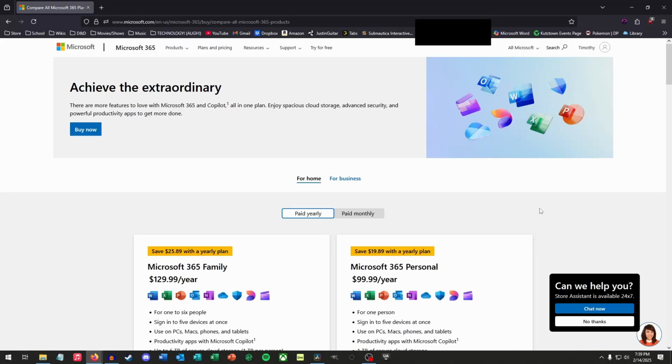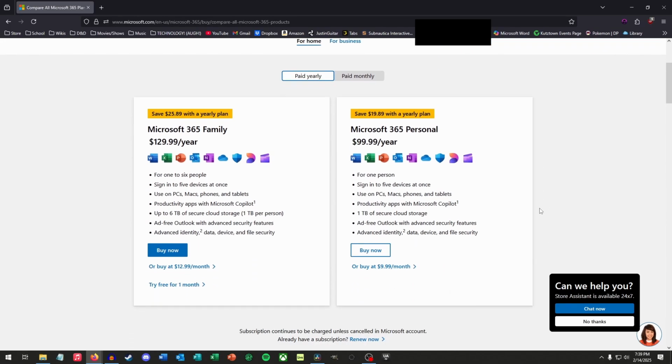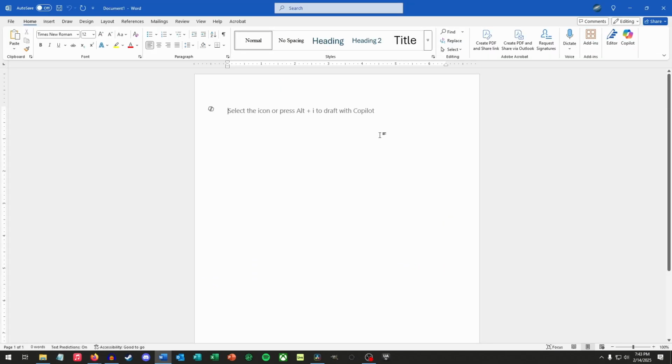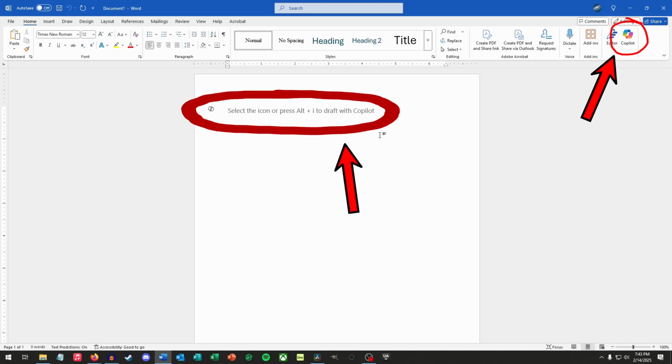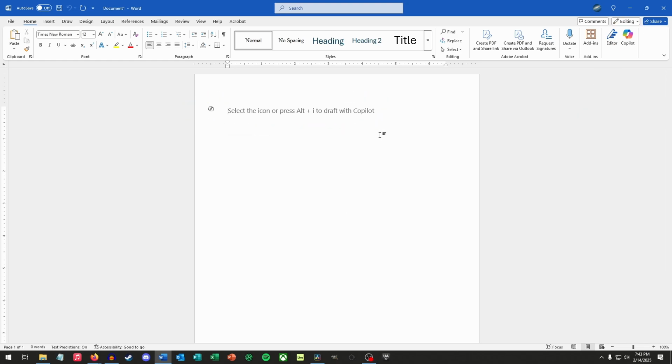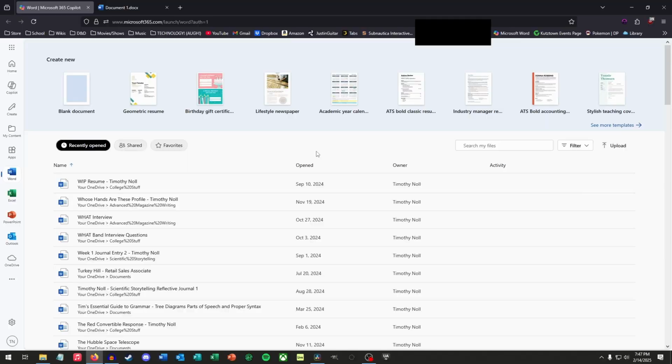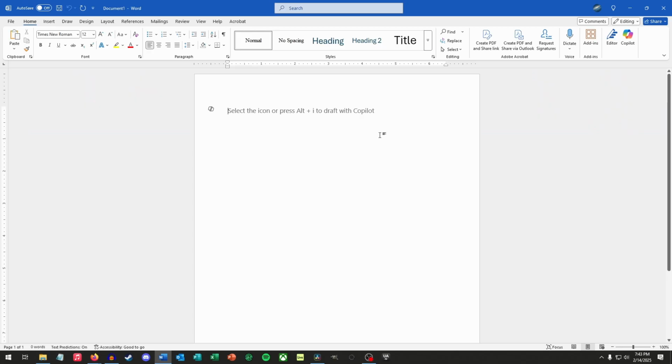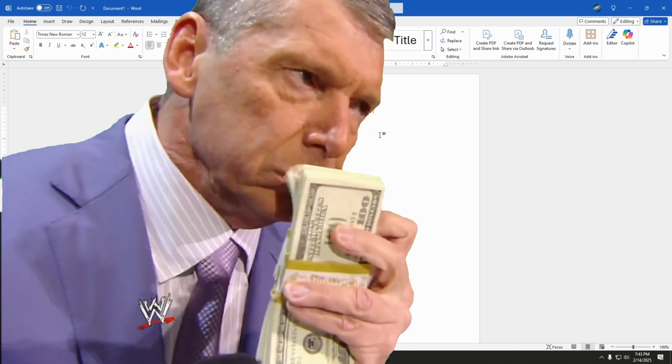Did you notice that Microsoft started charging more for you to use Microsoft Office programs like Word? Even if you missed that, you probably did notice the new Copilot buttons everywhere. Now, you can't really make these go away if you use your internet browser for Word, but there's a way to get rid of those buttons on the desktop program, and more importantly, save a lot of money.